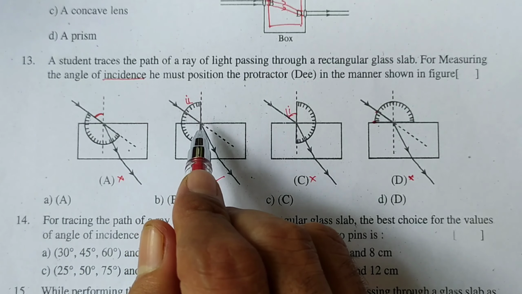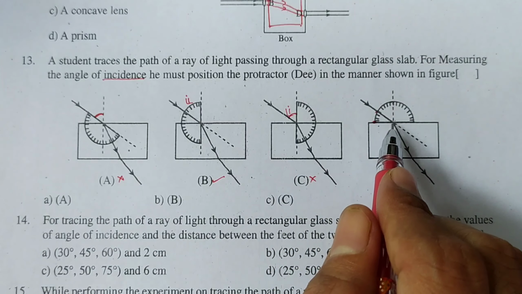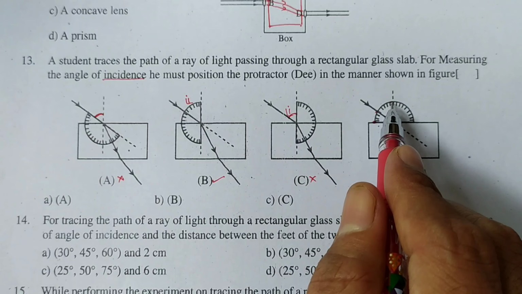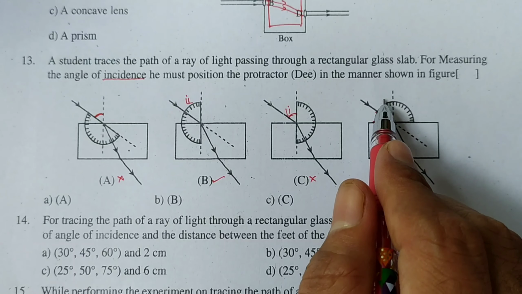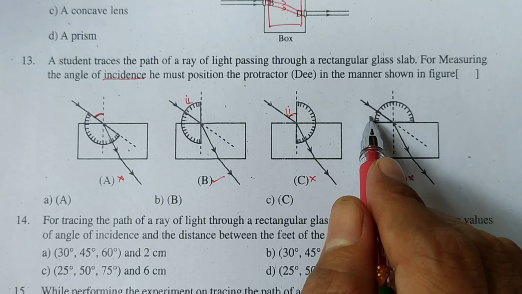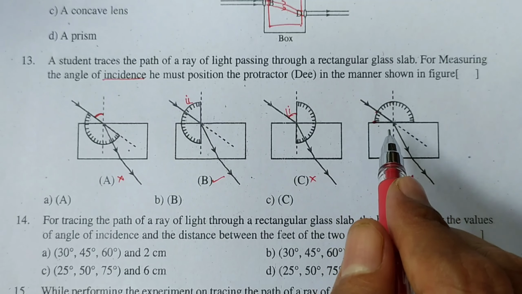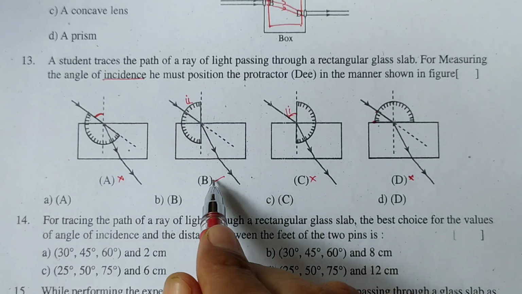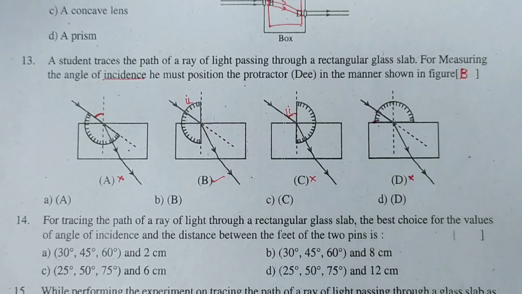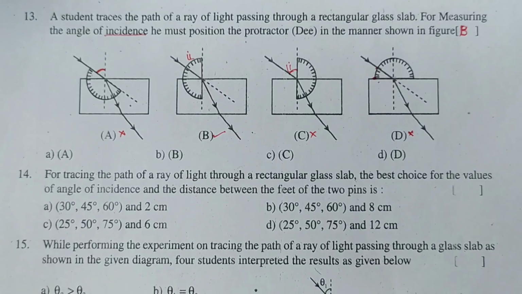If the choice of B were not there, then D could be accepted under the condition that, to get the angle of incidence, we should find the glancing angle and subtract it from 90 degrees. So this will be the second option. So option B is the right answer for the question. Option B, the second one. Now let us see question number 14.